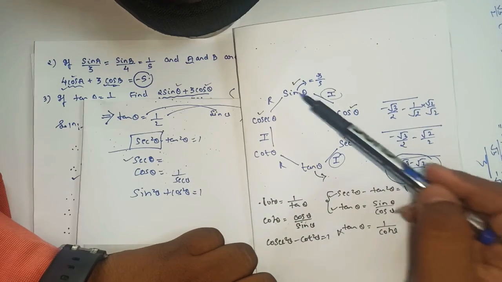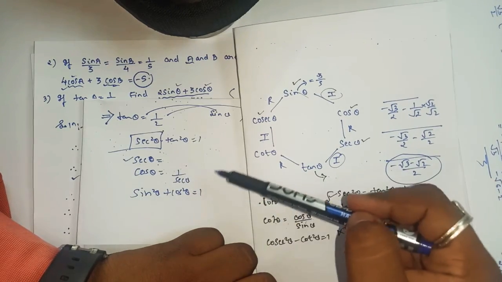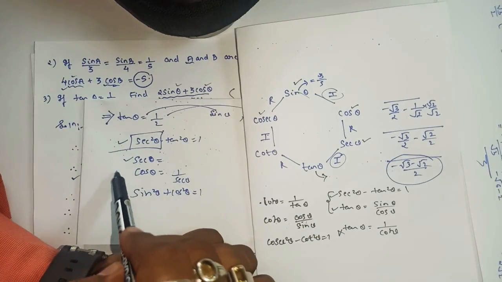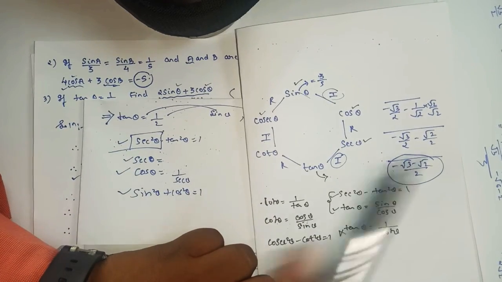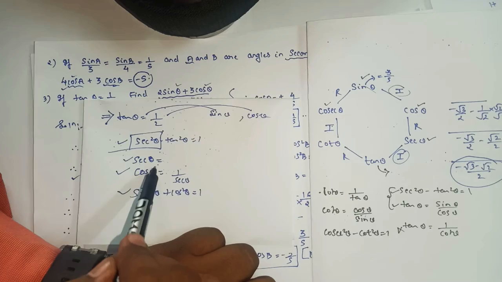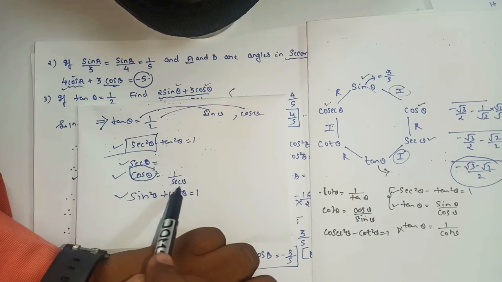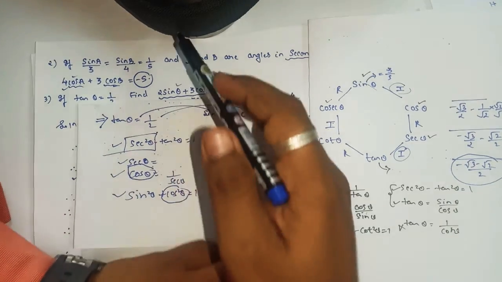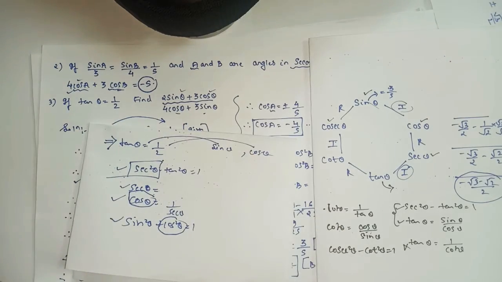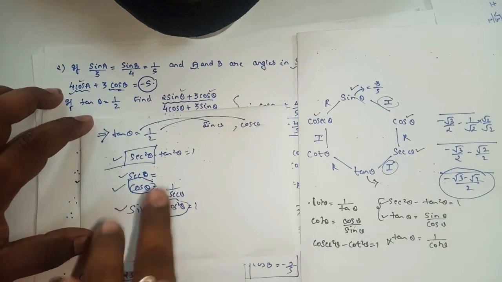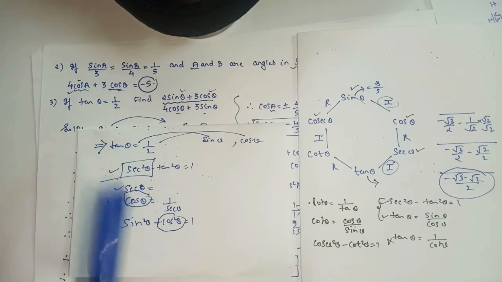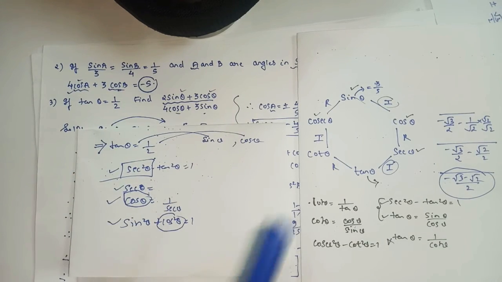After getting cos, you will find sine using identity formula. So in this fourth step, you can easily find your sine and cos. Okay, so here you will get the value of sine, and here you will get the value of cos. Simply take this part, substitute the value, you will get the answer. I hope you all understood this part also, and I guess you can try this third sum by yourself. Okay, it is very simple.